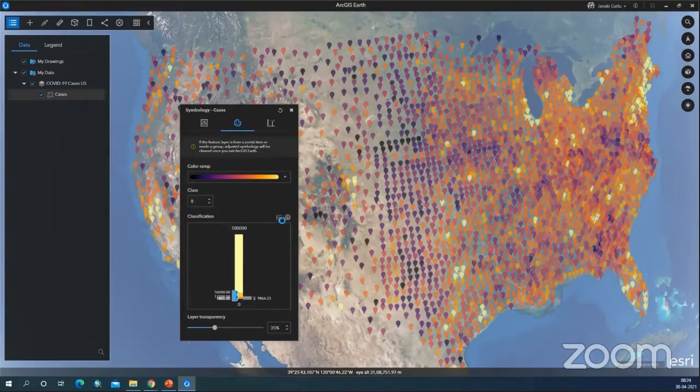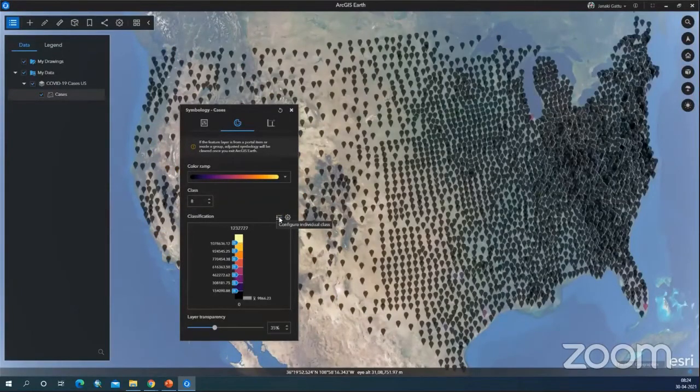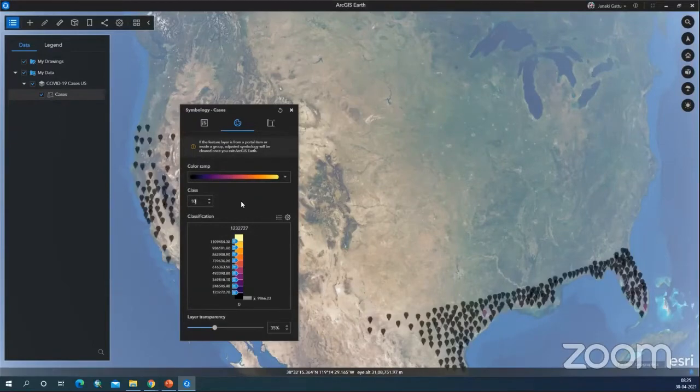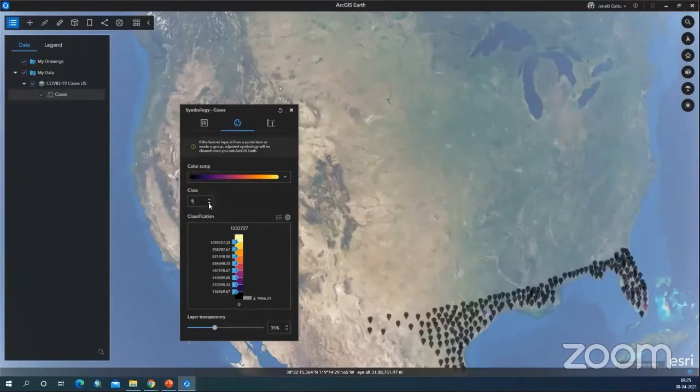Accordingly, it will get adjusted and loaded up. As it is 3D, it takes time to render the data.